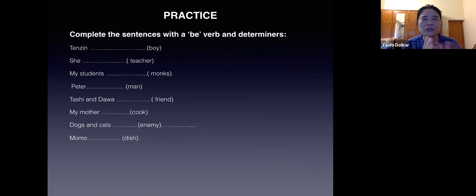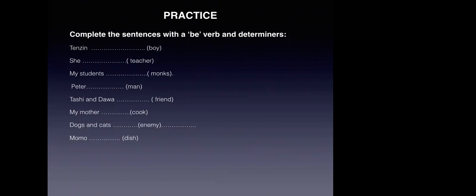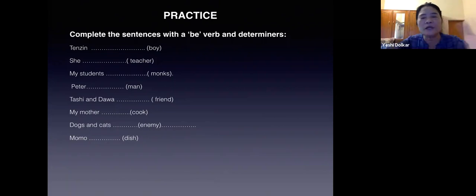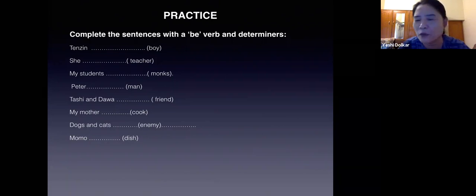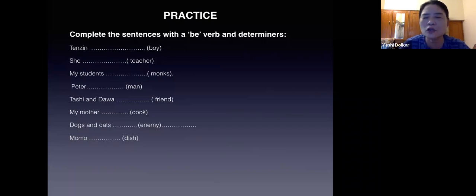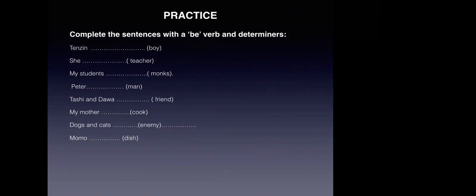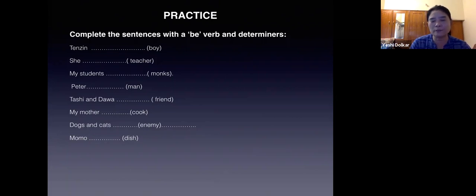Okay. All right. So you're doing it right. So the pattern is subject, verb, noun. All right. So be very careful. He is a tall boy versus he is tall. So you have to be careful there. If there is a noun coming at the end of a sentence, you can put a and the. But if there's only an adjective without a noun, then please do not put the determiners there. Okay. Now let's look at the next one.